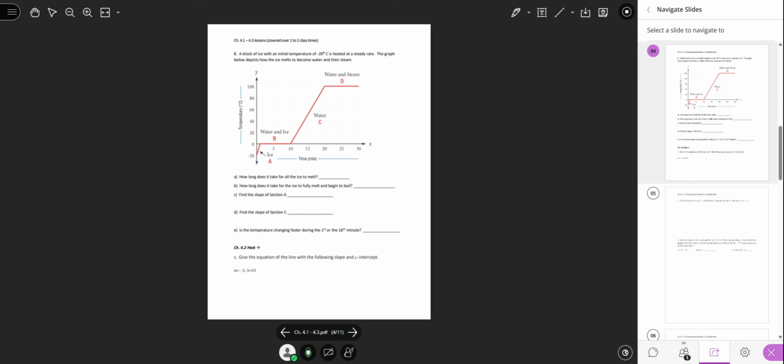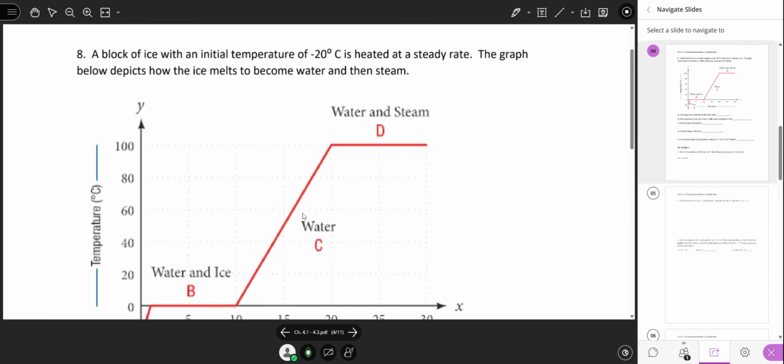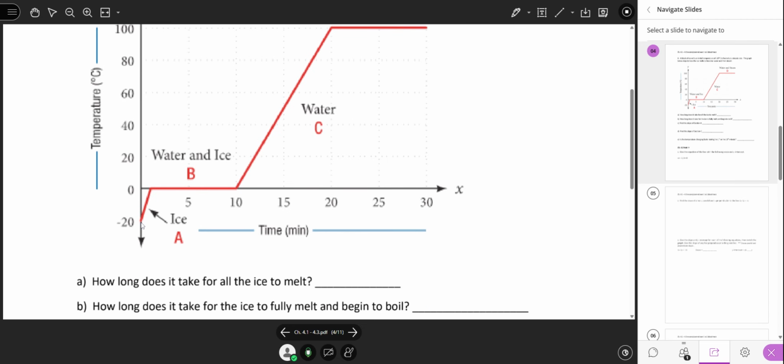Page next. Use your graph. Okay? Your first minute, it went up from negative 20 to 0. So it went up how much? And it took how long to go from all ice